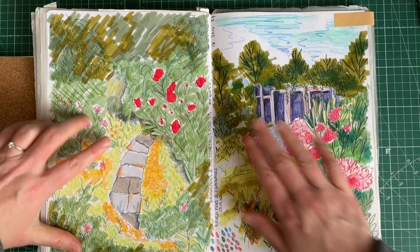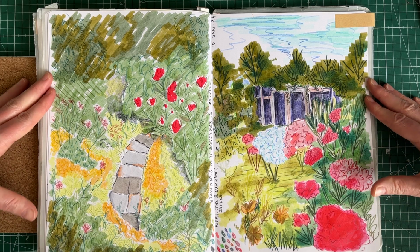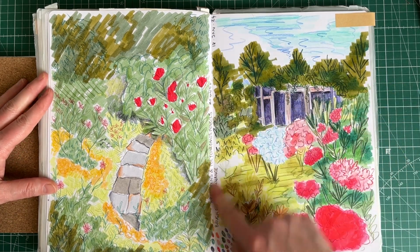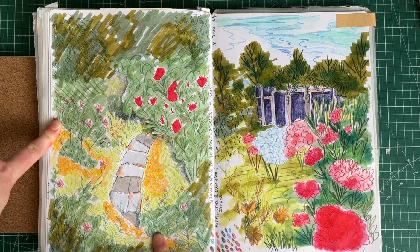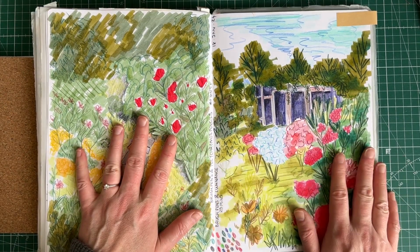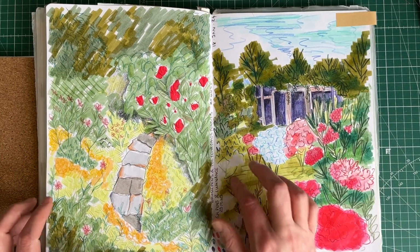This is one of my favorite spreads in this book, and again it's another Katie Moody session. This is brush pens using Polychromos pencils on top. This is brush pens with Luminance pencils on top. This took 20 minutes, this took 25, and it was from 2 different photos, and it's still from that like